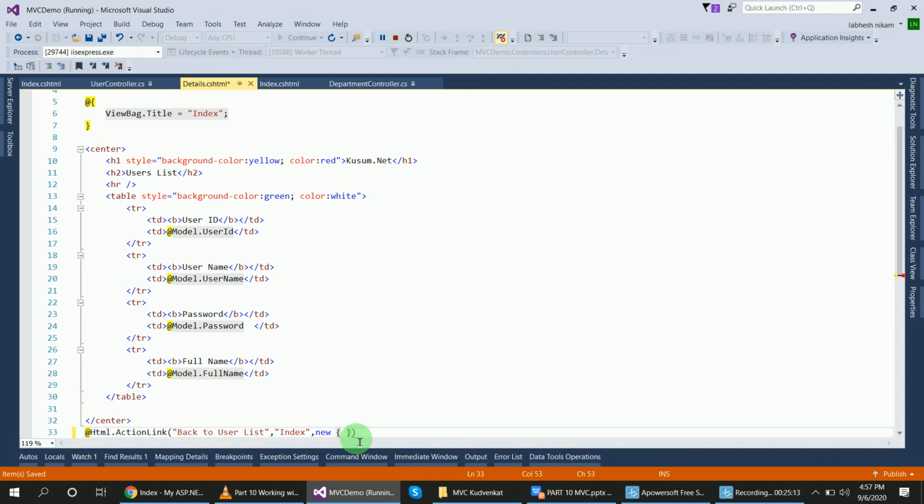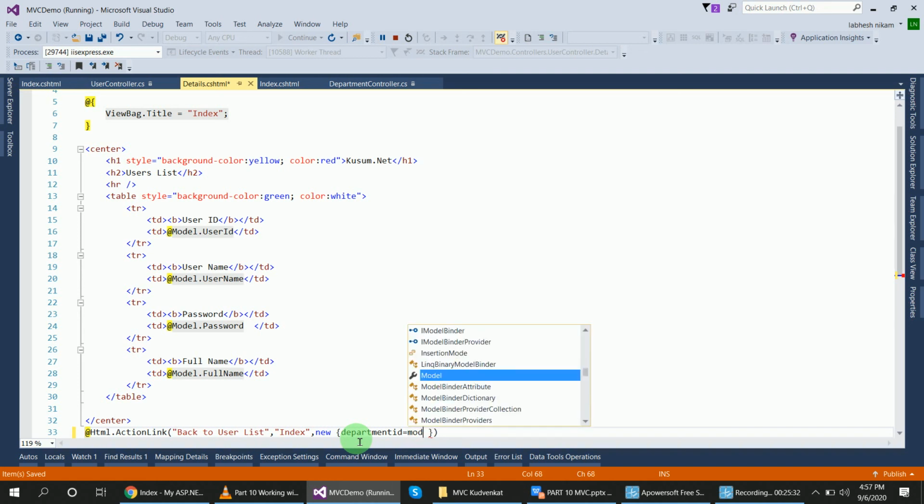I will add department ID here because the list is from department names. So suppose department ID equal to model dot department ID.